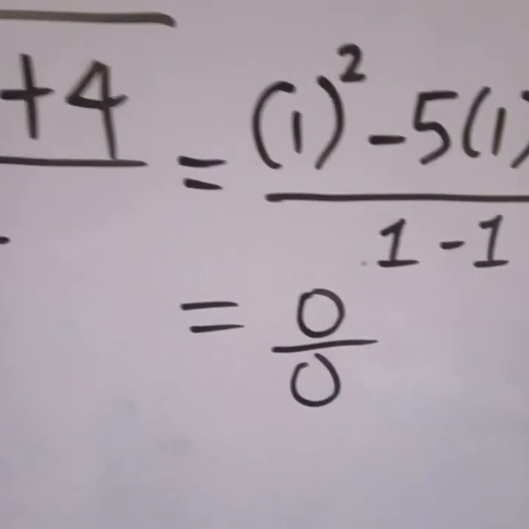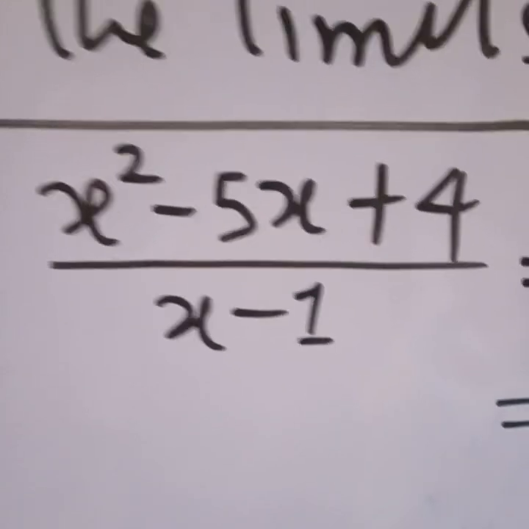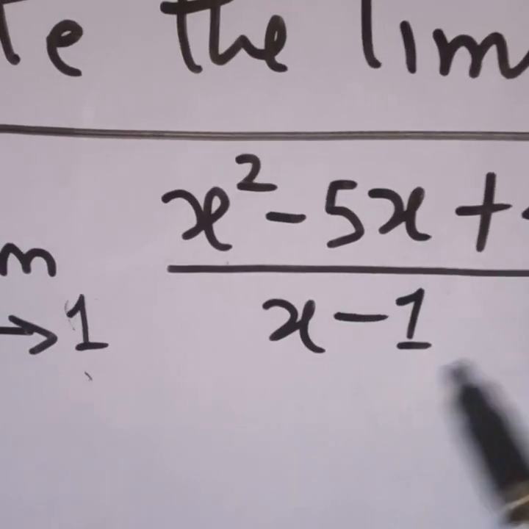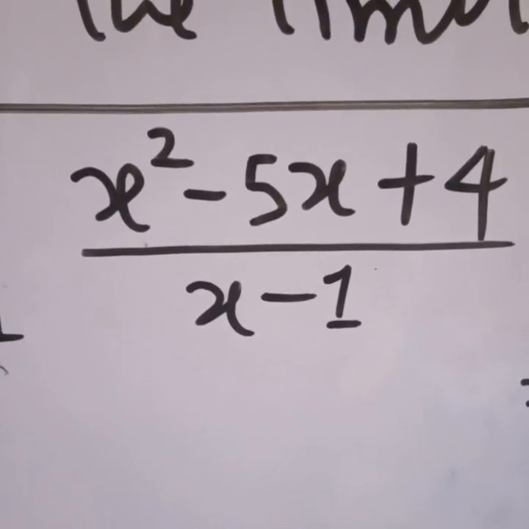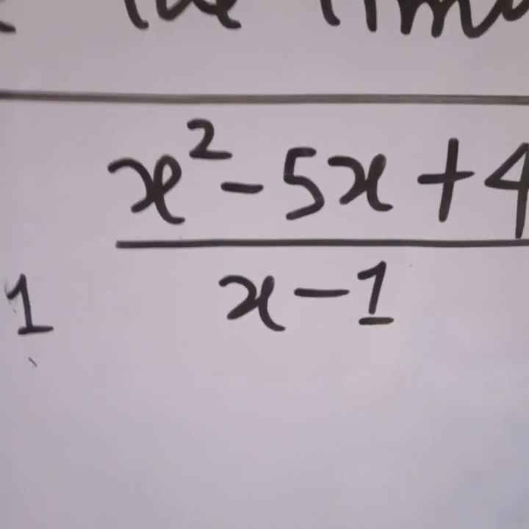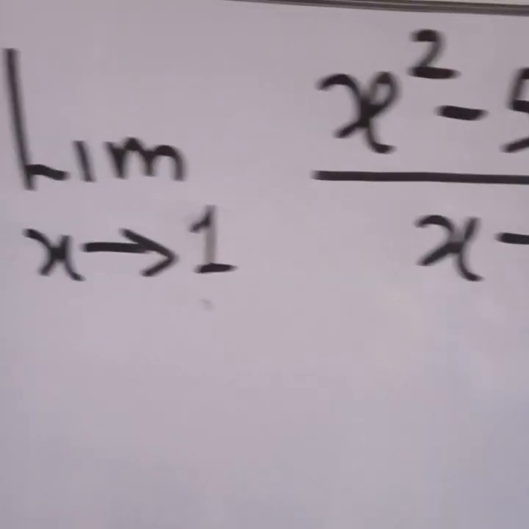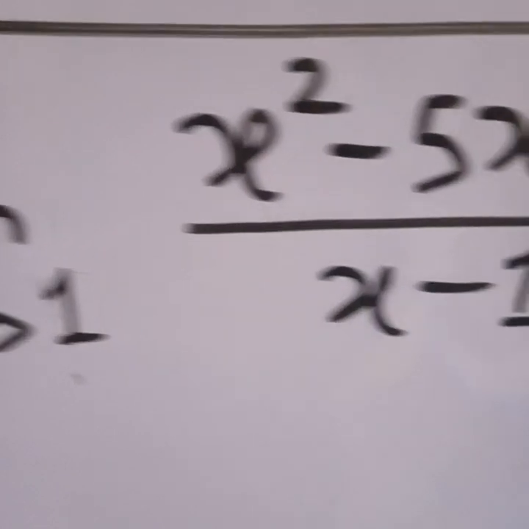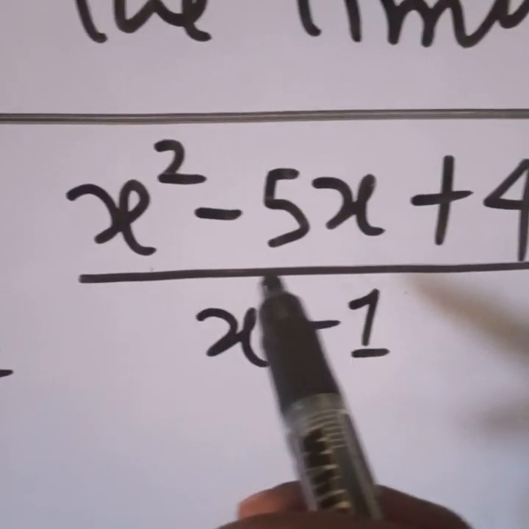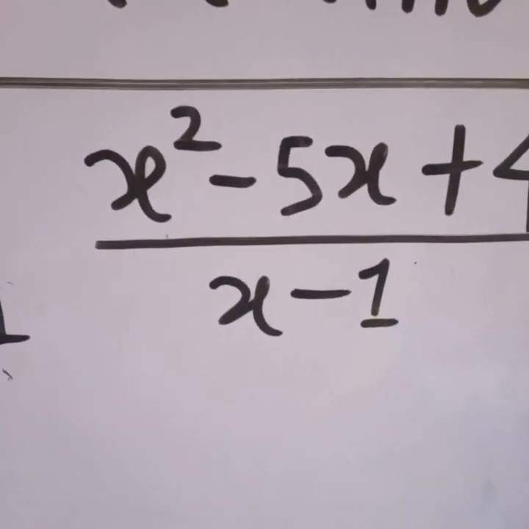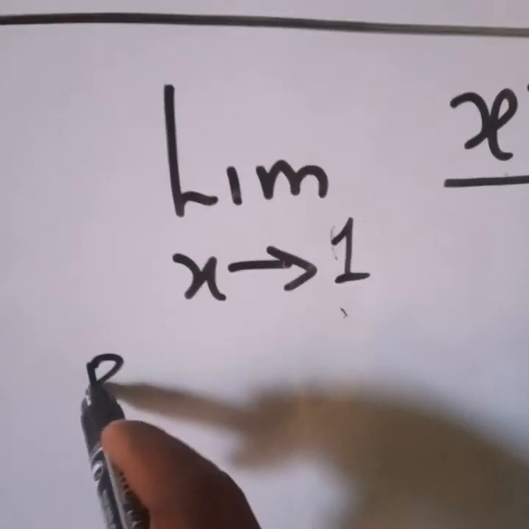So how do we do this? We can rectify this function. The reason why we are getting this result is that this function is not well put. So in order to write it in a way that we can find the limit, what we do is we simplify. And how do we simplify? Okay, so we'll write this numerator in the form, let's say, by simplifying